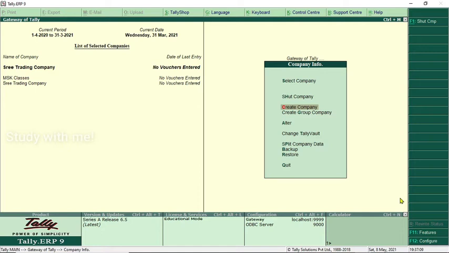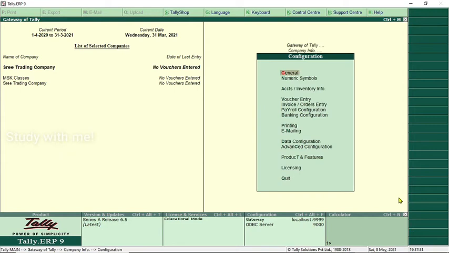Now we are going to see about F12 configurations. Configurations in Tally ERP9 are options that help you to modify the way features work. The configuration menu can be accessed by clicking F12 or pressing F12 on your keyboard.